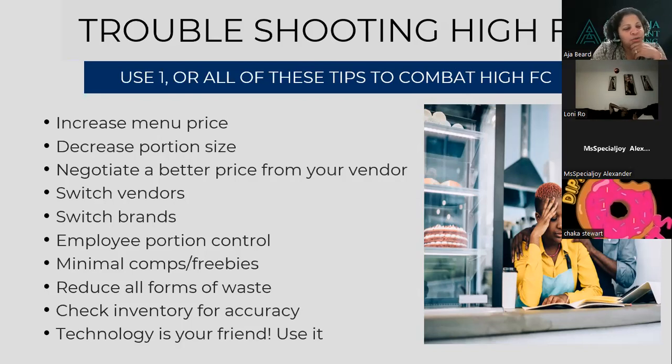If they're not willing to do a lower price, you can always switch vendors, pending that they have the same quality. A lot of the times you can find other vendors with better price points. So do some research, switch your vendors, or you can switch brands. If you are ordering from a bigger distributor, let's say Cisco, or even if you're going to Restaurant Depot, they've got their off brand and then they sometimes have a name brand. Sometimes it's worth switching to the off brand, especially if it's something that's just going into a mix, or maybe it's just a garnish. It's not something that's guest facing where people are actually going to see it.